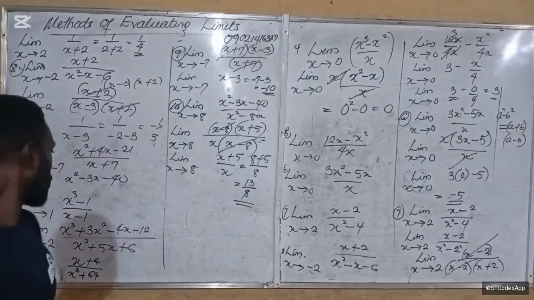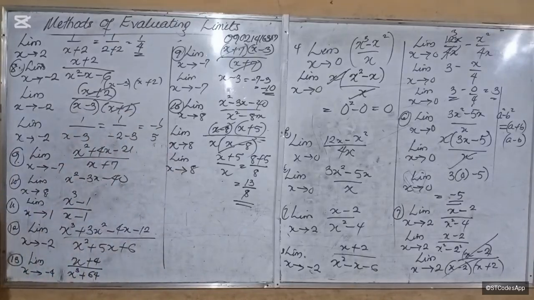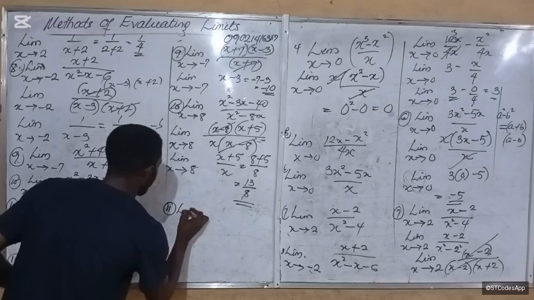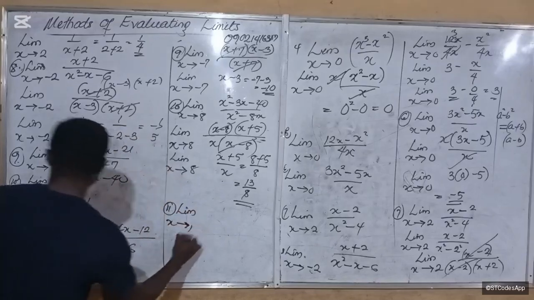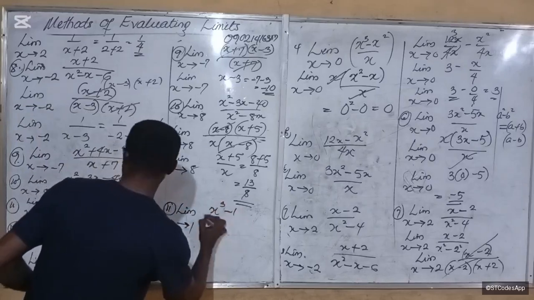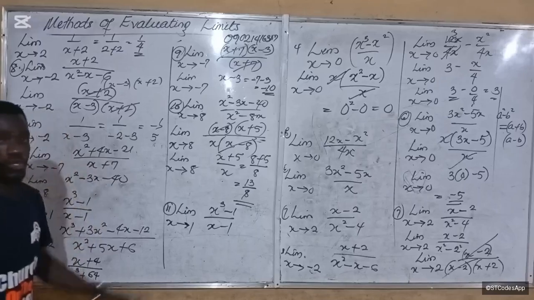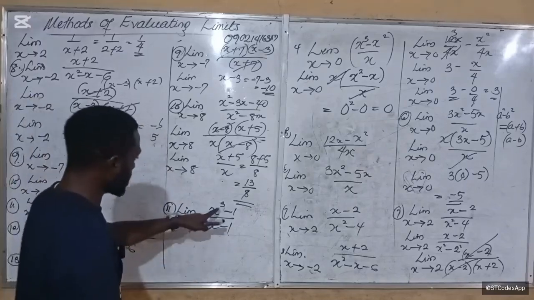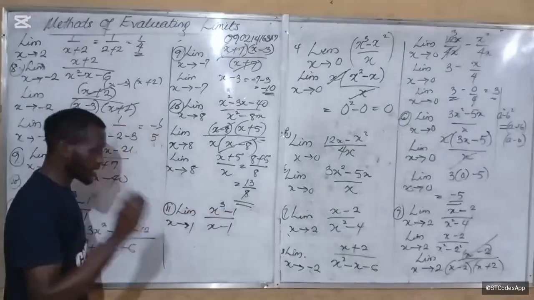Okay, let's solve number 11. Number 11 says the limit as x approaches 1 of x cubed minus 1 over x minus 1. So what do you do here? The first thing you want to do is, now seeing this, you should remember this